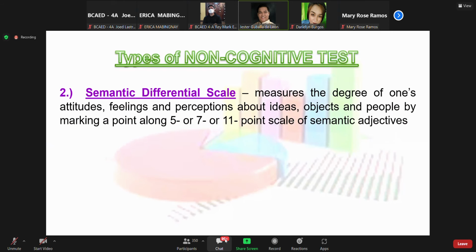Types of non-cognitive tests. We have a semantic differential scale. It measures the degree of one's attitudes, feelings, and perceptions about ideas, objects, and people by marking a point along a 5, 7, or 11-point scale of semantic adjectives. Ito yung example. Math is easy and then blank, blank, blank, blank, blank, blank, blank, difficult. So kung saan malapit yung iyong i-check, doon natin i-interpret yung result. So yung bawat blank na yan,